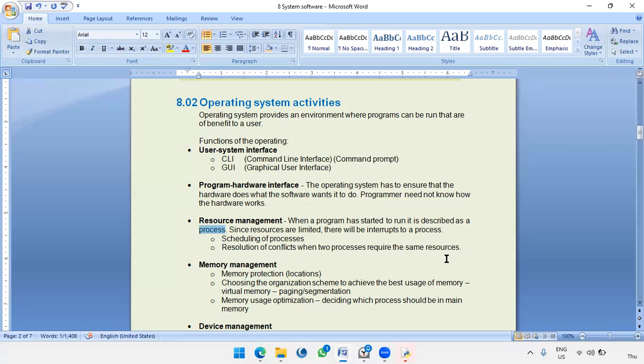Then we come to memory management. For memory, you have to have the correct location. You have to protect certain locations. When one program takes hold of one area, another program cannot come and take it. Also choosing the organization scheme to achieve the best usage of memory, and also virtual memory, paging, segmentation. What is virtual memory? What is virtual reality? It's not real, but almost real. So virtual memory means